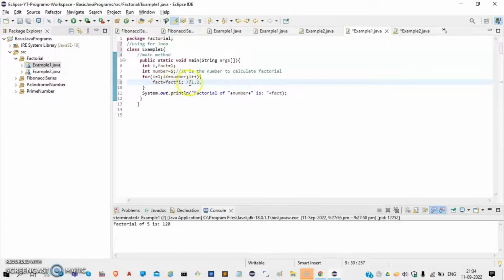Now again it will check, incrementing I by 1. So now the value of I is 3. Okay, 3 is smaller, the condition is true. It will come inside. 2 times 3 is 6. I is 4. 4 times 6 is 24. And now I is incremented to 5. Yes, the condition is still true. 5 times 24 is 120, and the condition will be false this time because I is equal